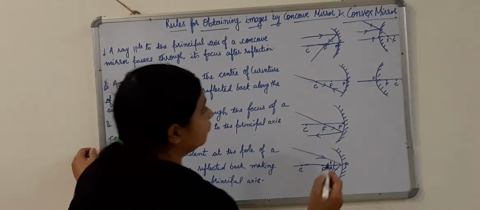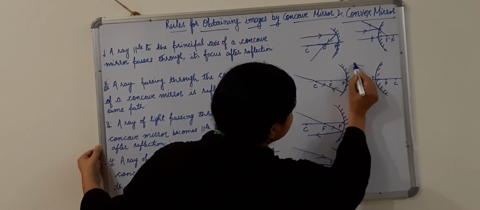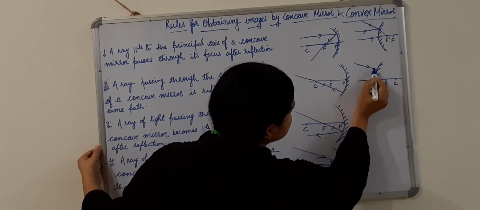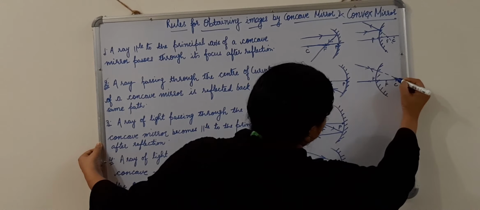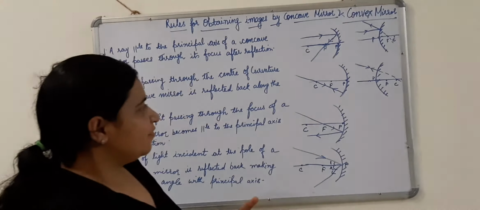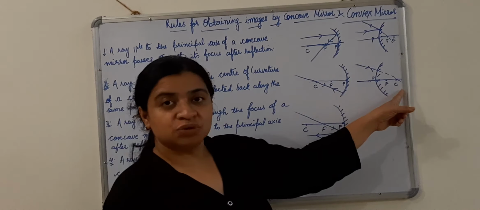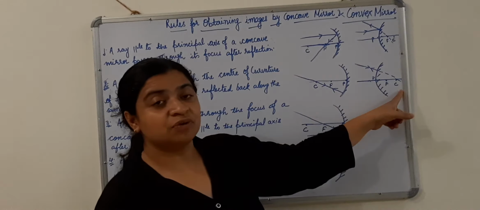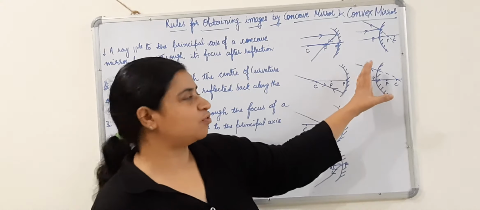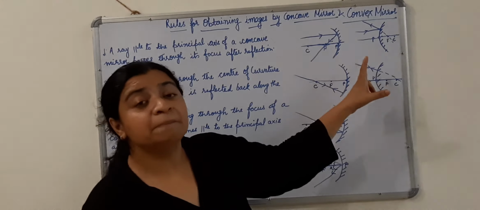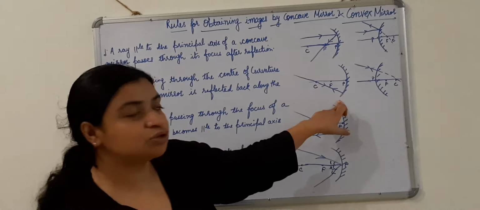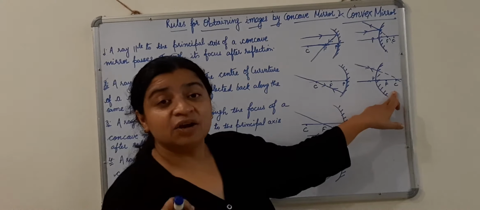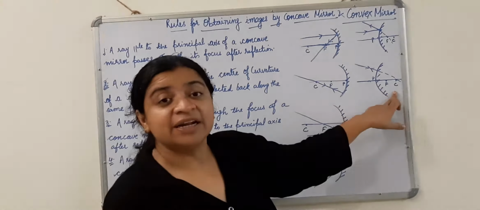Any ray of light which seems to move towards the principal focus, after reflection from the mirror, it will pass through the focus. It is not actually passing through the focus, but which seems to pass through the focus retraces its path back, as in this case. It retraces the path back, but here it was actually passing through the center of curvature. Here the ray of light appears to be moving towards the center of curvature.